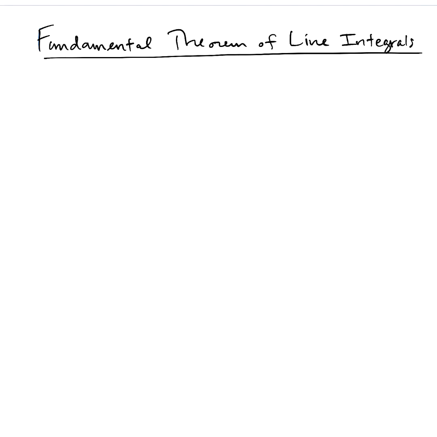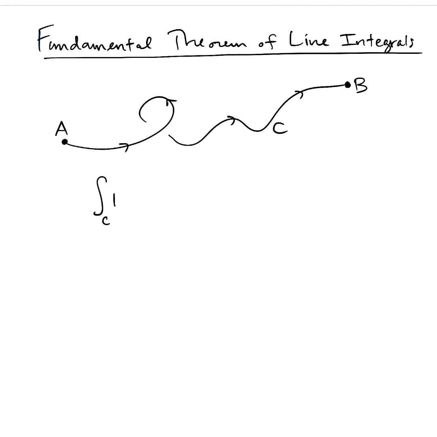Here's the conclusion. If you have a curve like this, and it goes from some point A to some point B, traced out in that direction, call that curve C if you like. If you are interested in computing the integral over C, f dot dr, if you knew that f was somebody's gradient, if it turned out that you were so fortunate that the vector field in question was somebody's gradient,